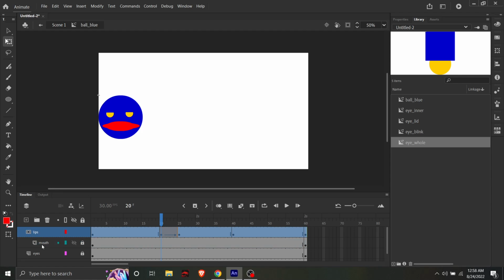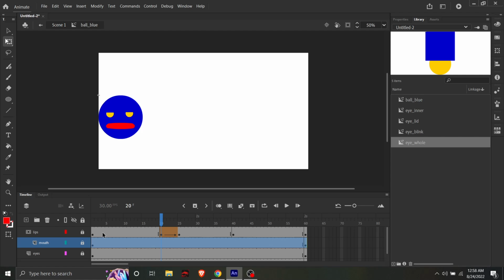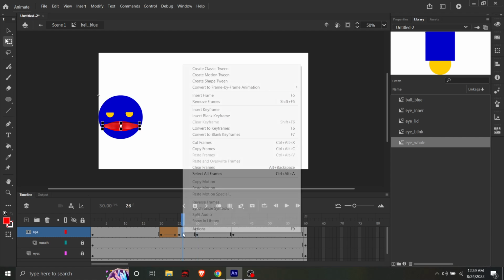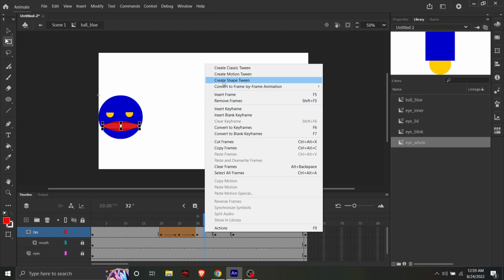It keeps locking. Oh well, I guess I'm just going to have to look at it. Okay, but what we're going to do now is make the shape tween. So I'm just going to move the mouth kind of small. Then I'm going to come to 30 and hit F6 and we're going to make another shape tween. I'm going to go back to 25 and just rotate the mouth, and we're going to then go to 35. We're going to hit F6 and make a shape tween,